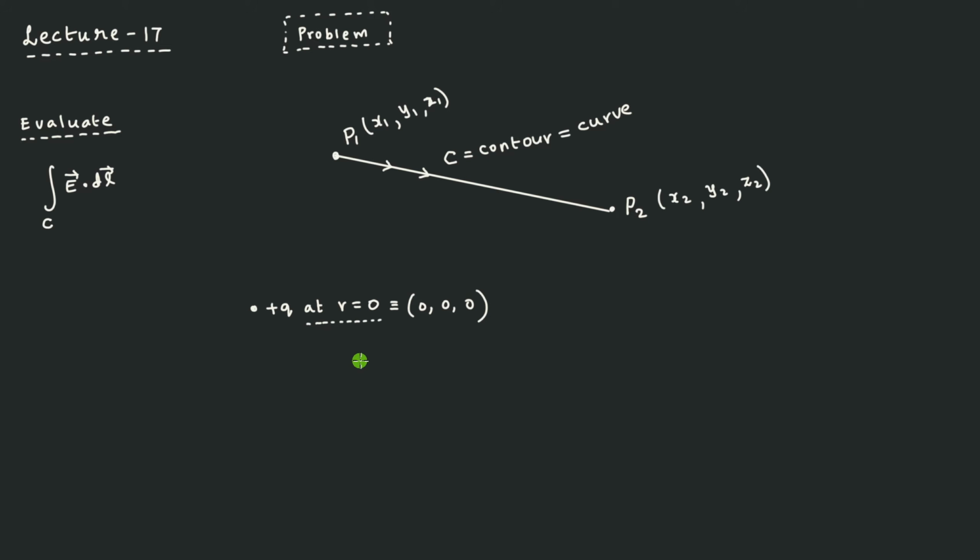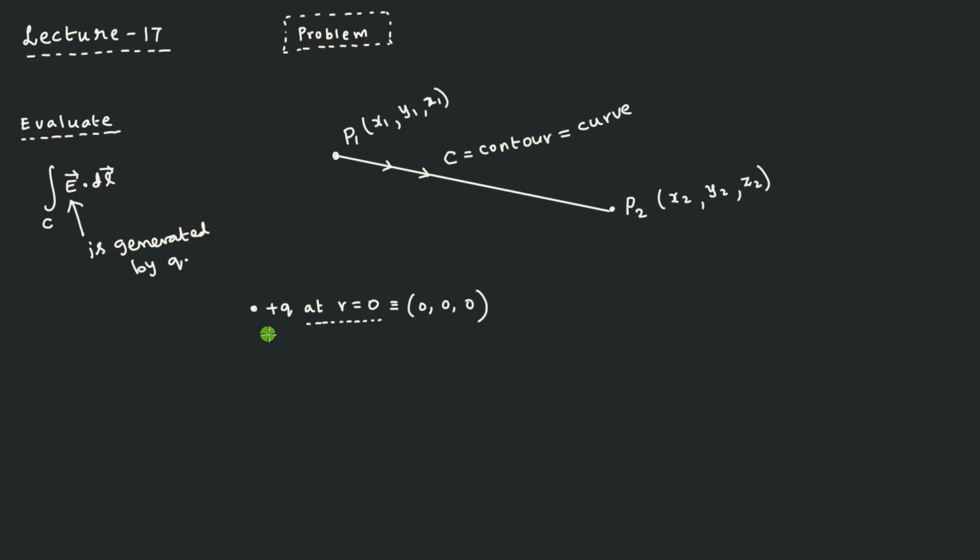There are two things here. First, sometimes it appears to be a simple problem. But if you think a little bit when you want to solve it, then you will realize whether any difficulty is present or not. So before starting this problem, you need to know the nature of the electric field here, because first of all you need this quantity. This E is generated by the Q that is present in the system. In our problem, only one plus Q is available, and that is going to generate the electric field.